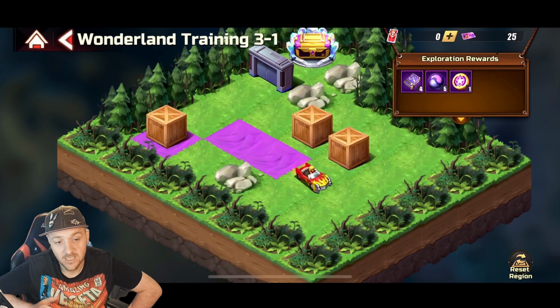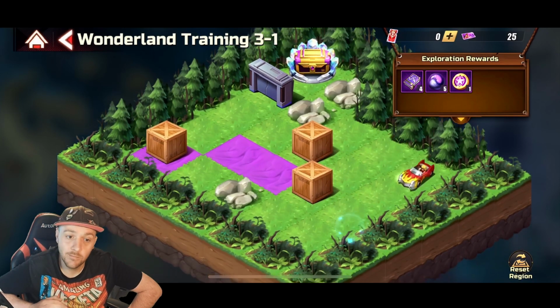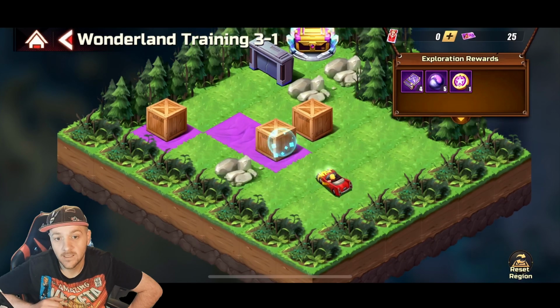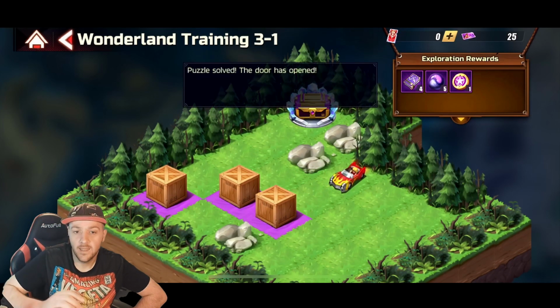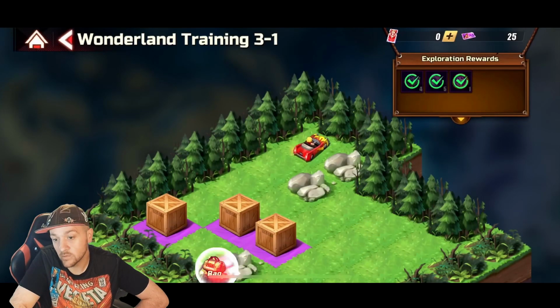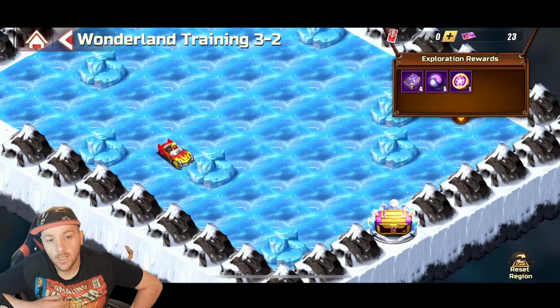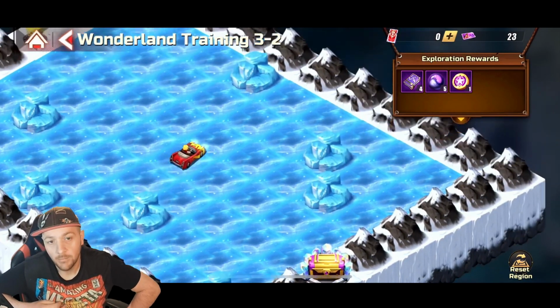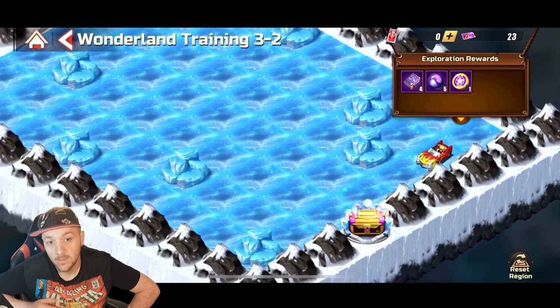Then, as you can probably tell the solution now, push one down, push it across, and push the next one down. That will give you your chest, that will give you your rewards, and that is the harder of the two puzzles complete. Okay, so for this one here, you want to move up, across, up again, then down, down through